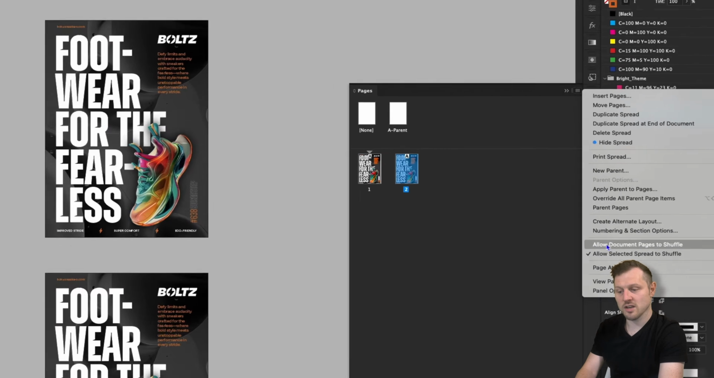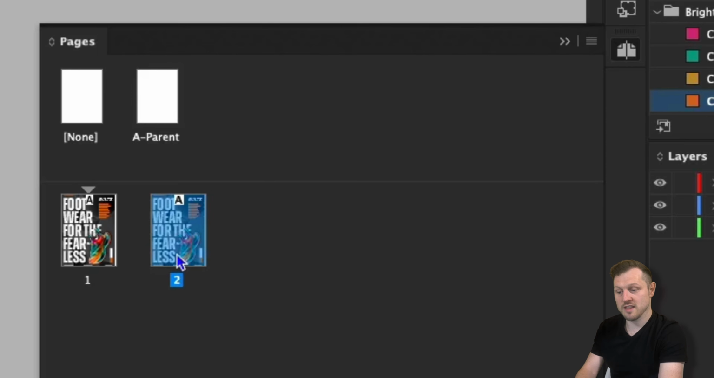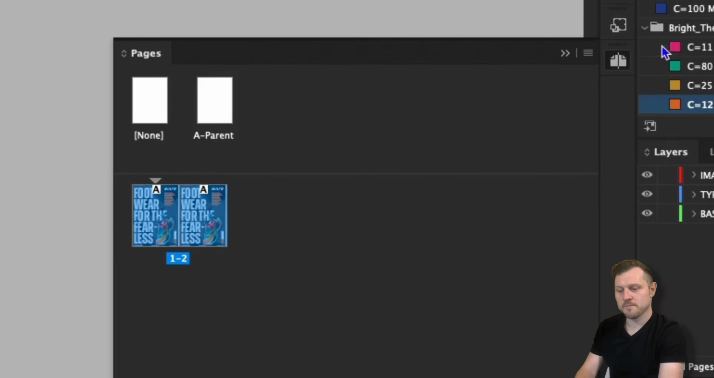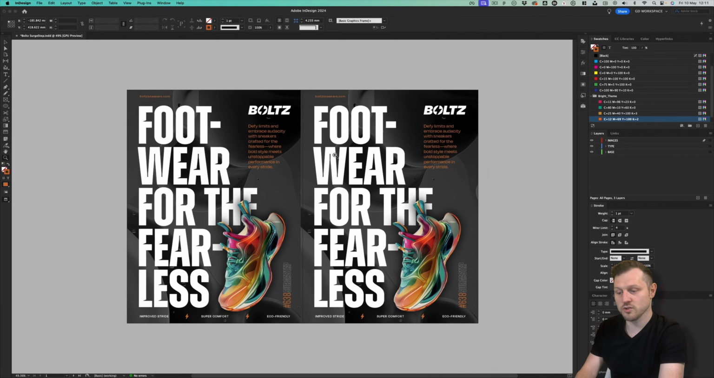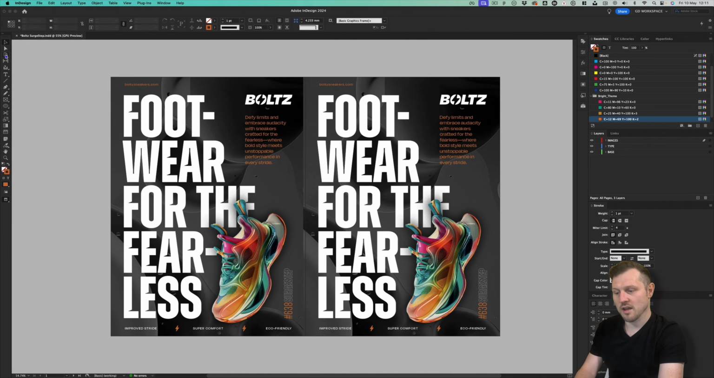Once you have done that, you are now able to click on a page in the Pages panel and drag it up directly next to the first page. Now, when you do this, you will see the two posters are now directly side by side. Now, a quick fix for this is to come up to the Page tool in the toolbar, and with this